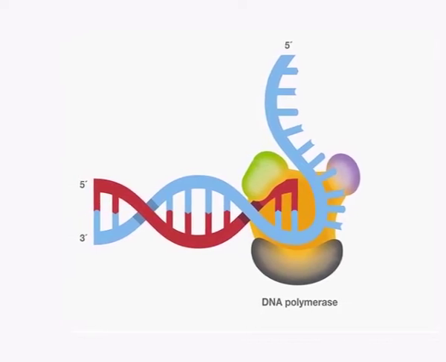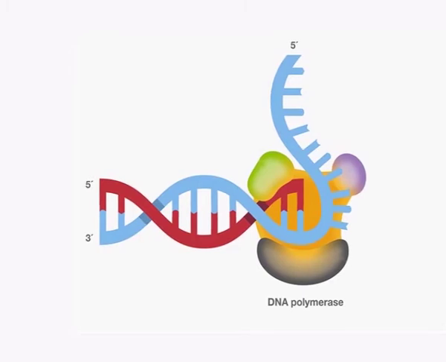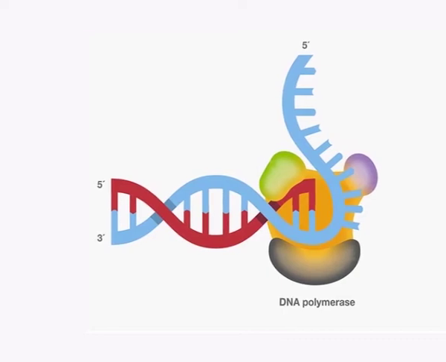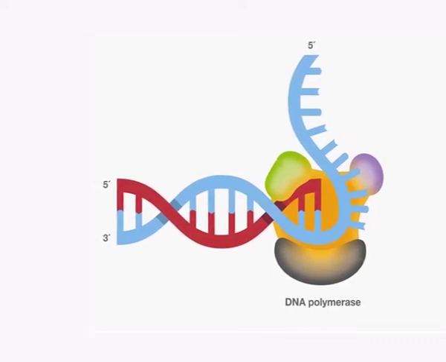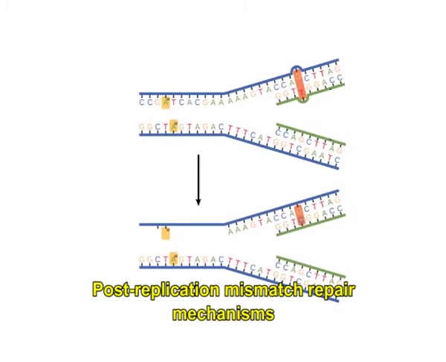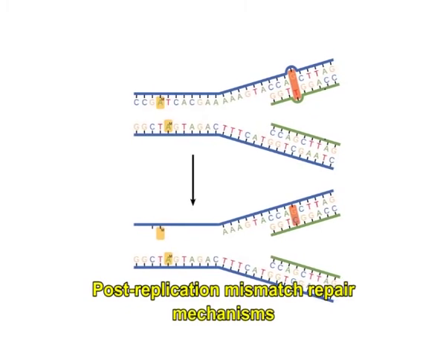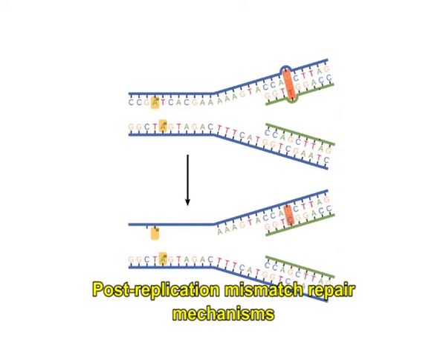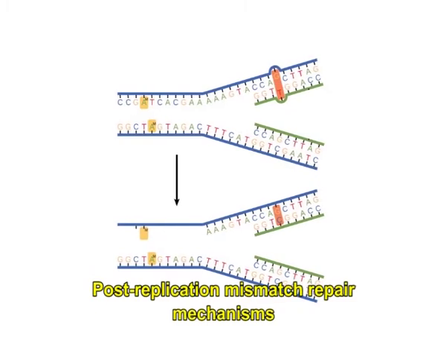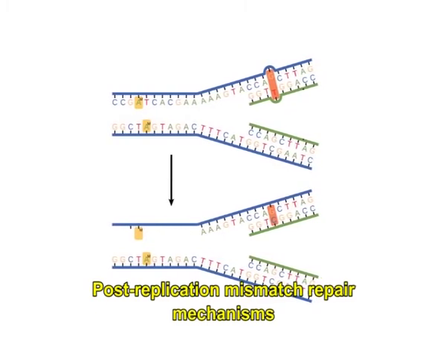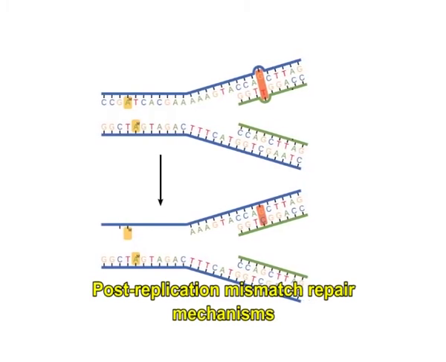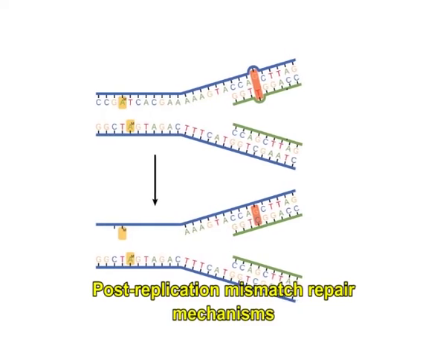Additionally, a few DNA polymerases also have the ability to proofread. They can remove nucleotides from the end of a growing strand to correct mismatched bases. Post replication mismatch repair mechanisms monitor the DNA molecules for errors, being capable of distinguishing the mismatches in the newly produced DNA strand from the original strand sequence. Altogether, these three discrimination steps improve the replication fidelity to less than 1 mistake for every 10 to the power 9 nucleotides added.